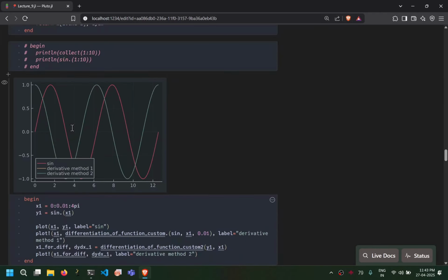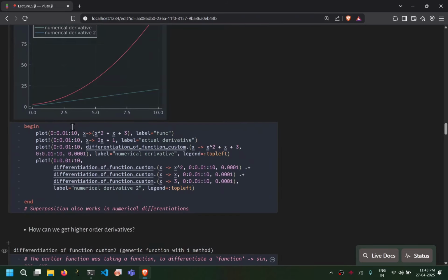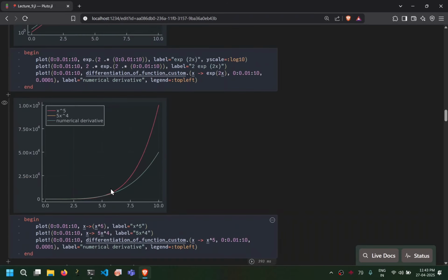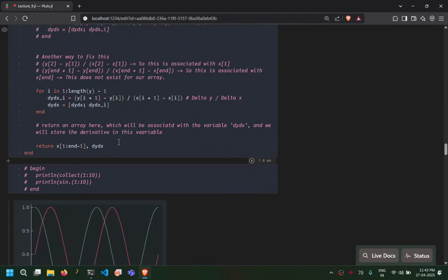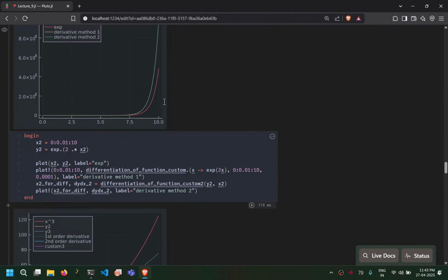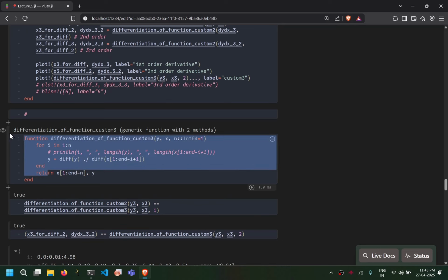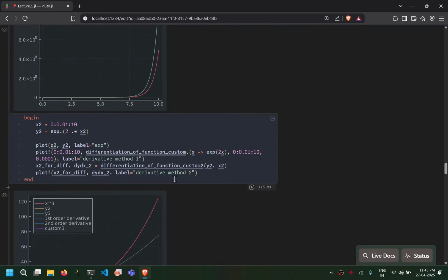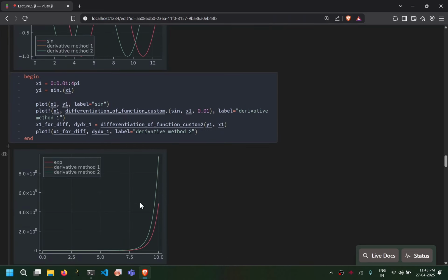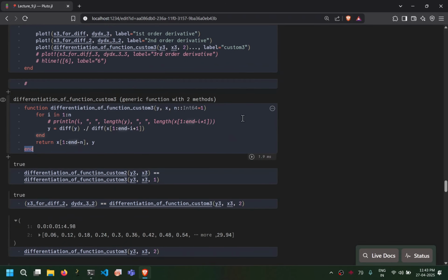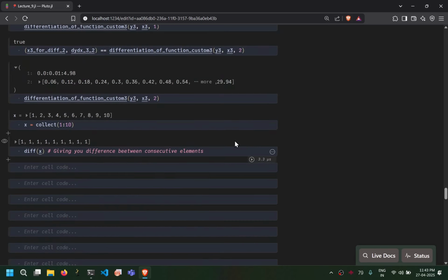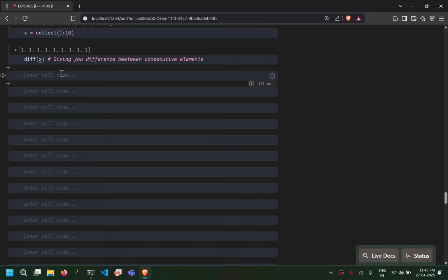At the end we have also seen another function in Julia called the diff function, and we have rewritten this large function here in a compact way. And we have also seen how to calculate higher order derivatives. So we have checked that using this function as well as this compact function. And we have written this function in such a way that it can technically create any order of derivative. Okay. So with that, let us see